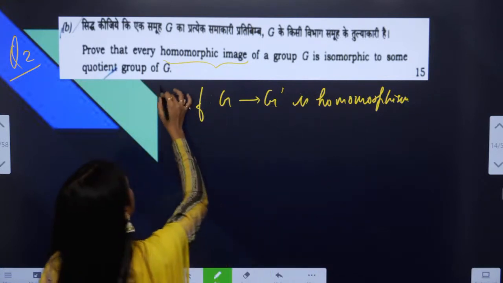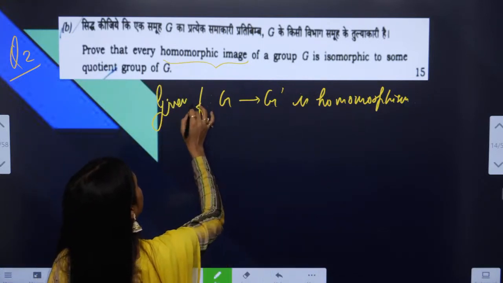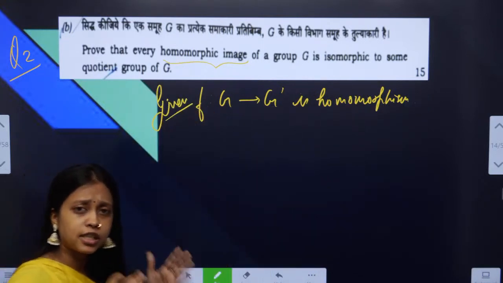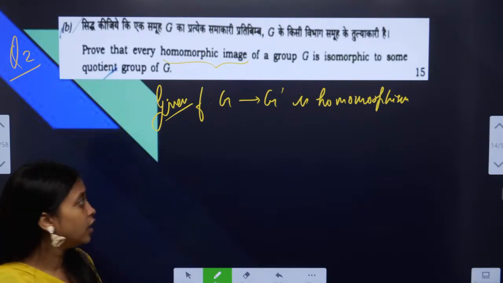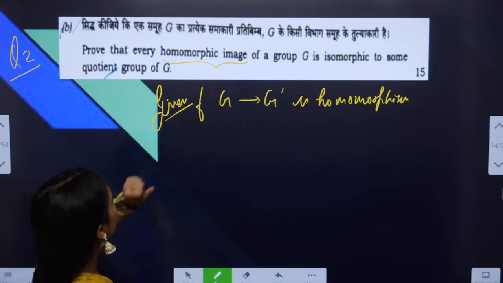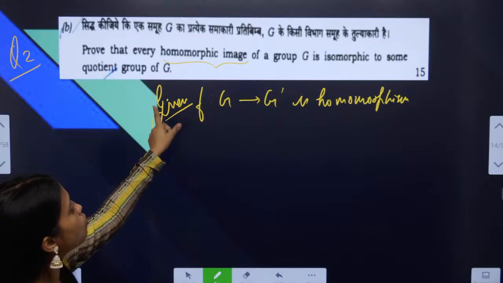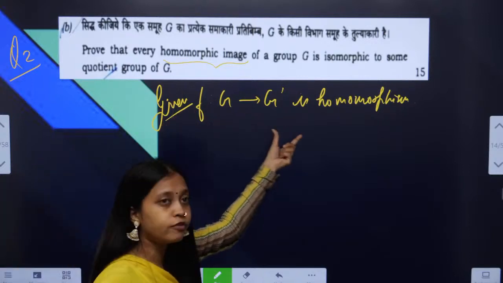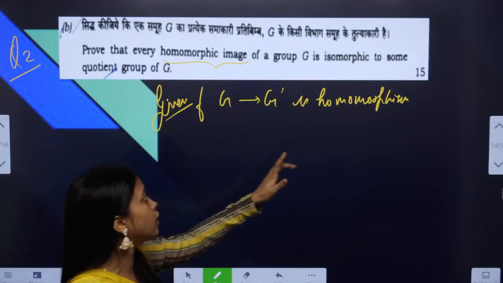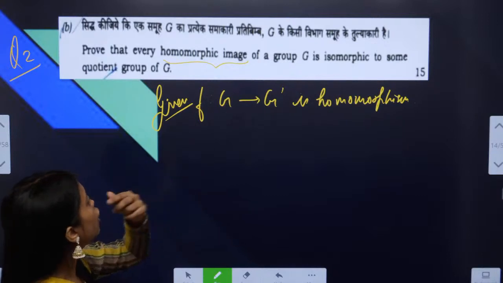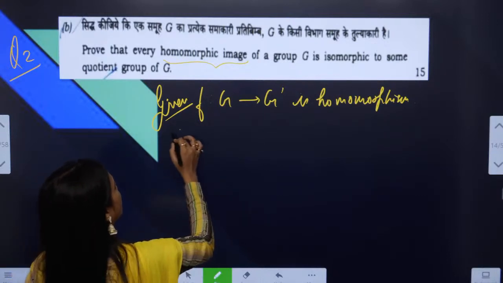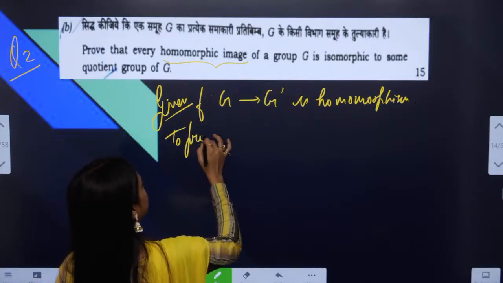And this is given to you. See, again, be very clear what is given and what they want you to prove. What they want you to prove is that every homomorphic image, meaning the image of this function, that means the range of this function, is isomorphic to some quotient group of G. Okay. So, to prove is